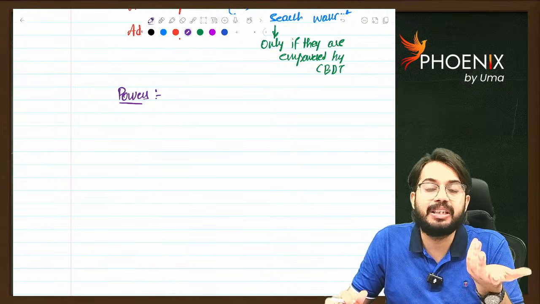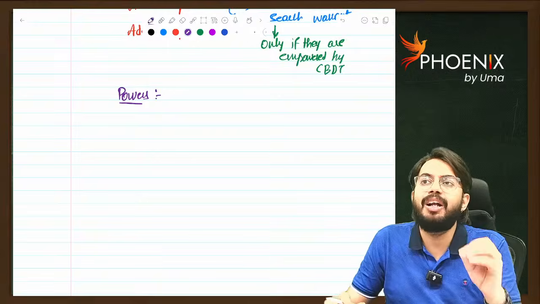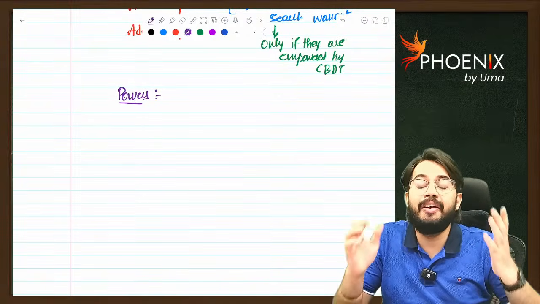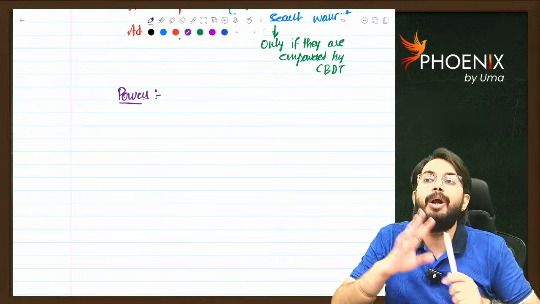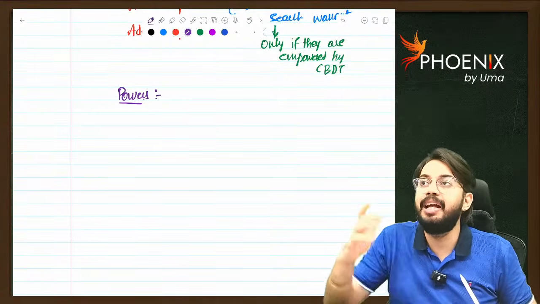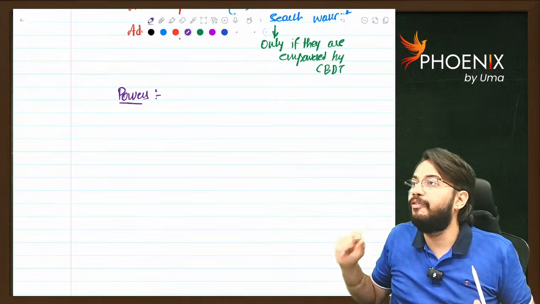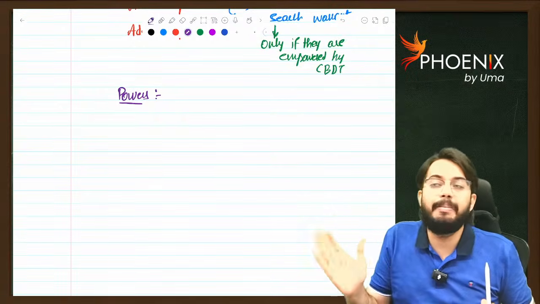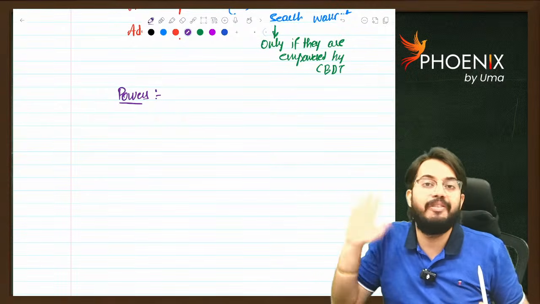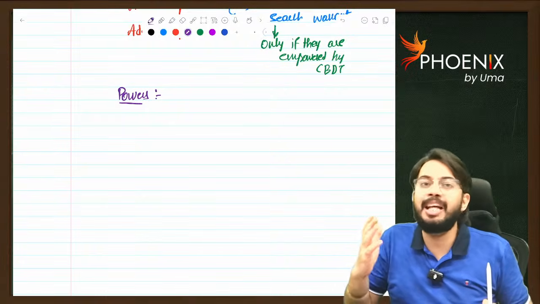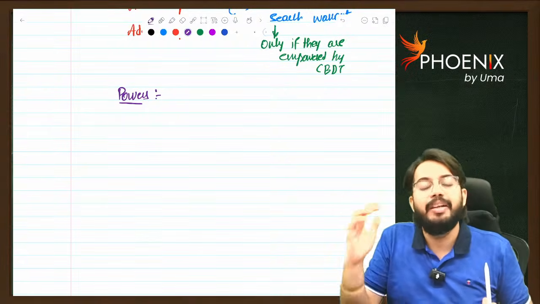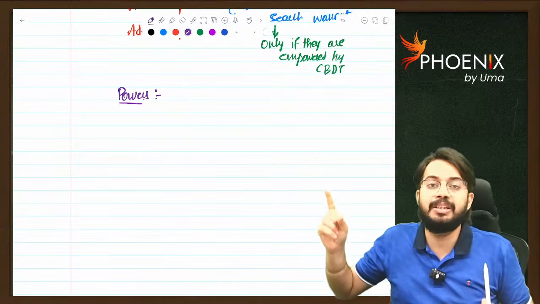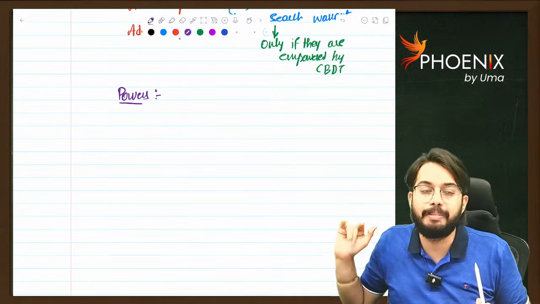Next, presumptions. Whenever a raid is conducted, whatever assets are found in that house or in that place, those assets will be presumed as belonging to that particular person. Let's say a raid is conducted in my place. One costly diamond was found. I said that diamond does not belong to me. That diamond belongs to my sister. My sister is living in the US. If I say a cock and bull story, they will not believe. They will assume that the diamond belongs to me. If that diamond really belongs to my sister, I need to prove it to the income tax department.